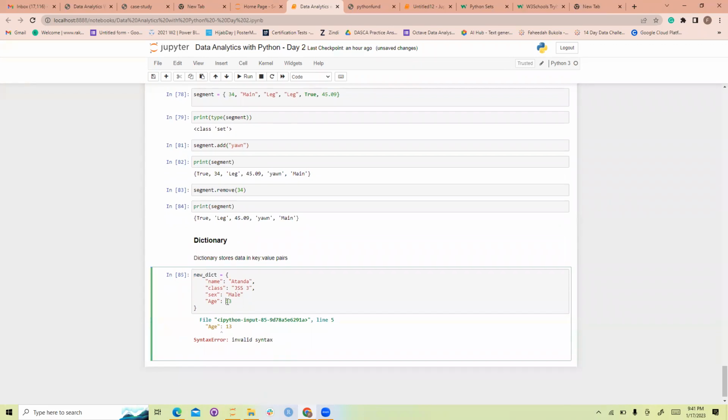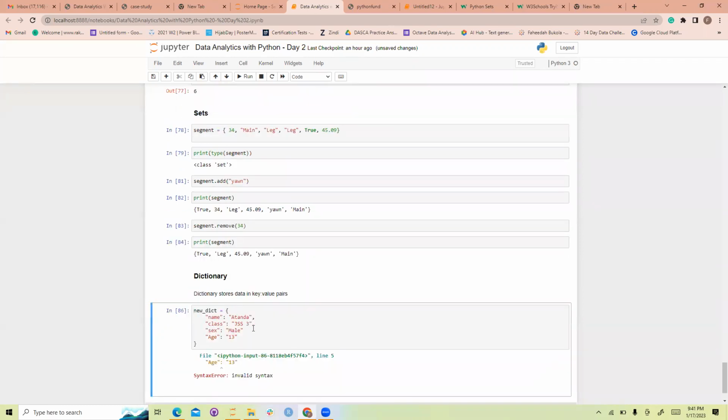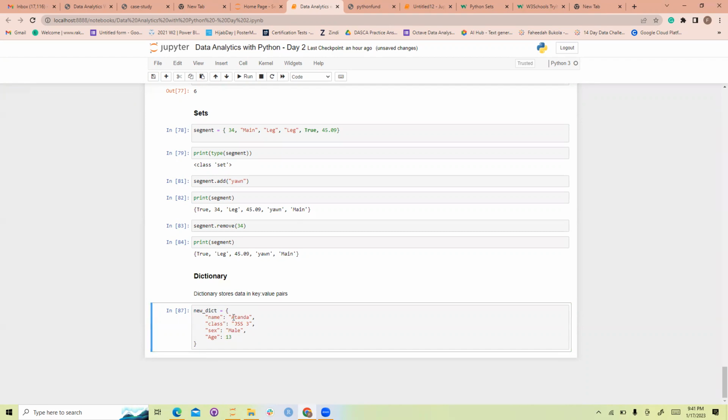Invalid syntax. Again. Oh, that's because, you see, for each one you have to use a comma when you're done with one key-value pair. This is a pair, this is another one, this is another. So you use the comma sign to differentiate them, to separate them. So let's print out